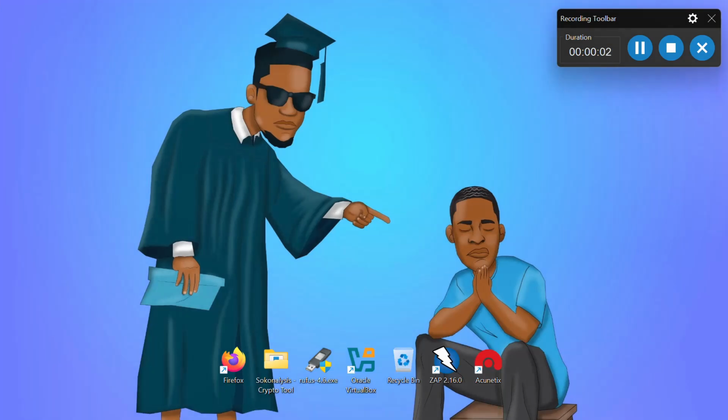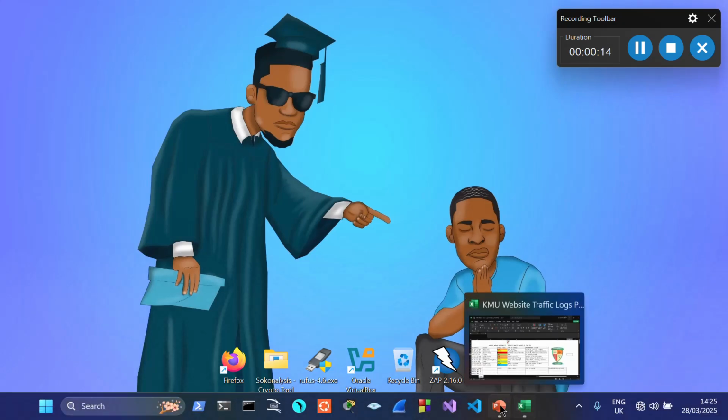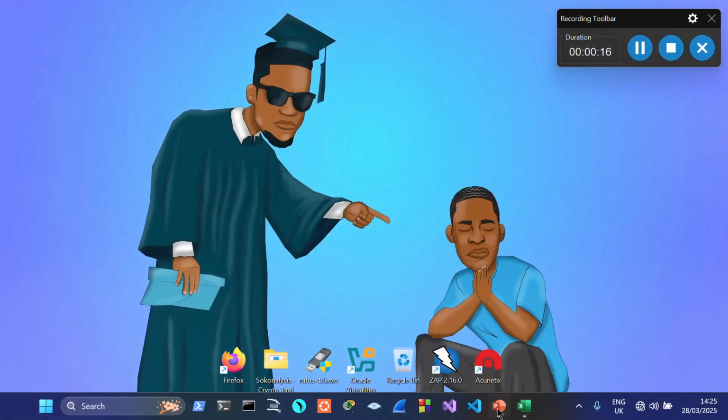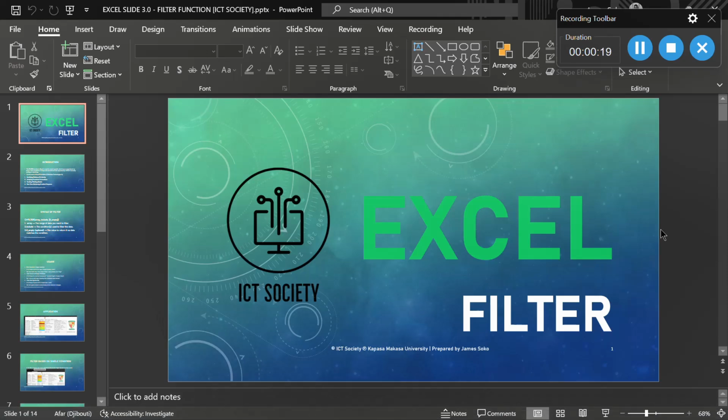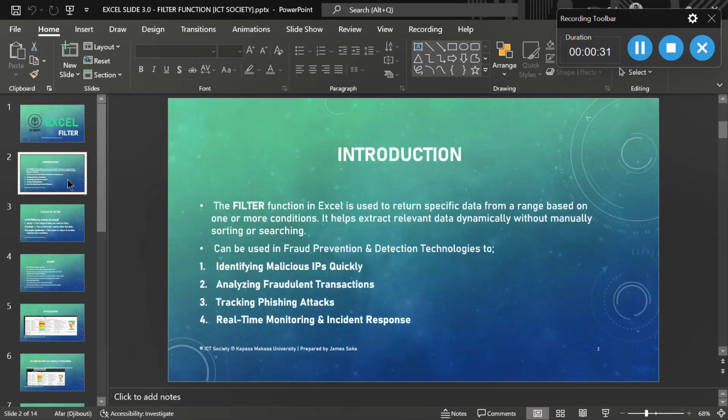Okay, so in the previous Excel video on flood prevention and detection technologies, we discussed the VLOOKUP function. So today we are going to focus on the filter function. For the filter, we are going to look at the function and the way the filter works. To start with, we're going to see what this filter is all about and its use in flood prevention and